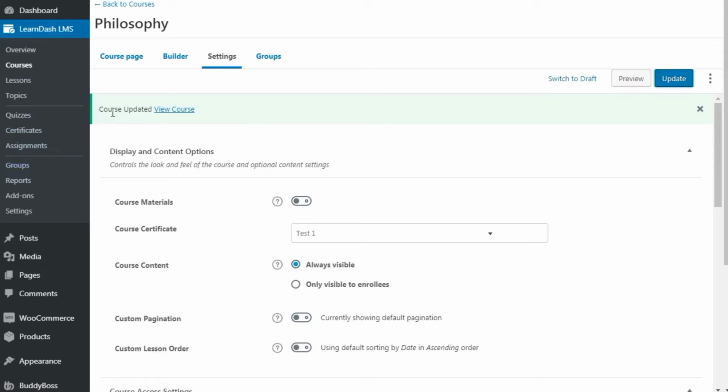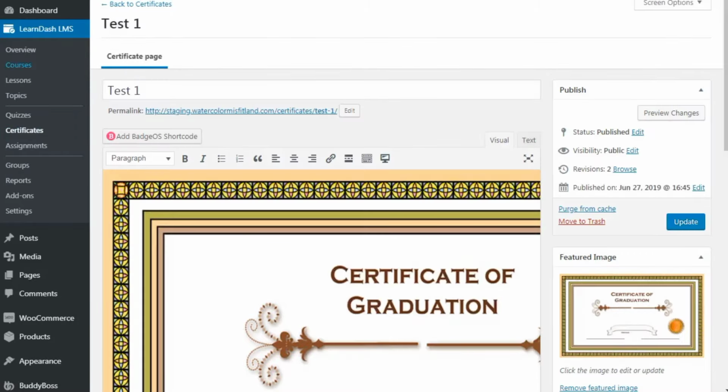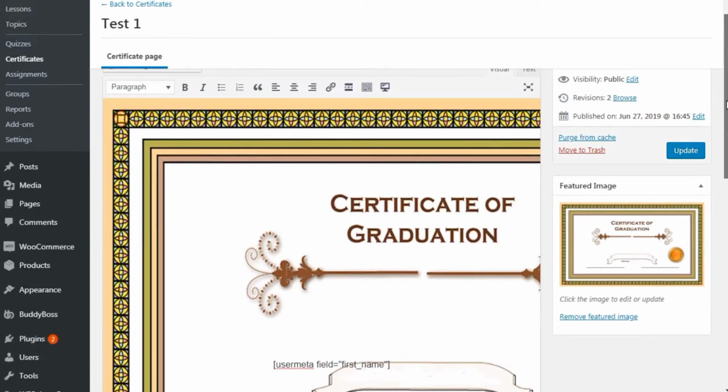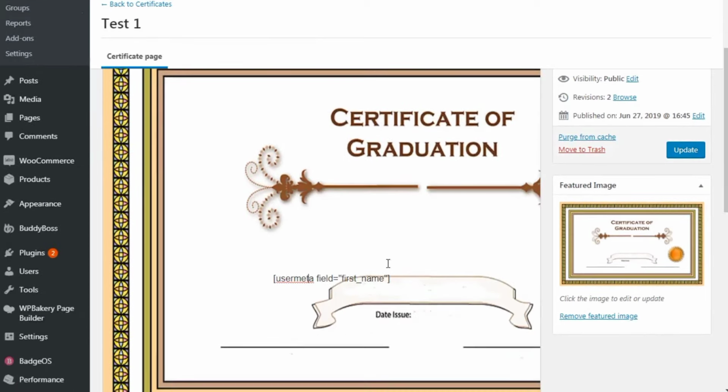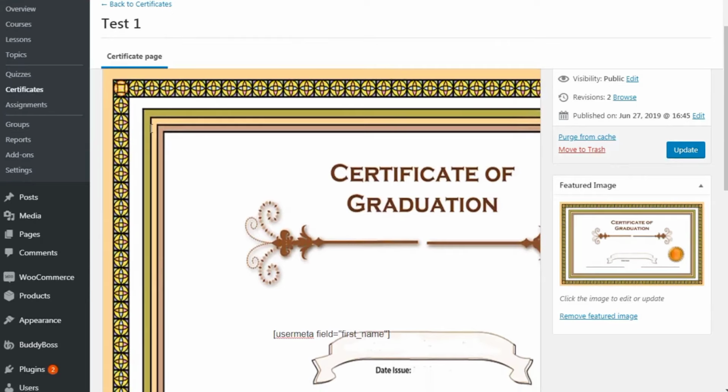certificate. So once you've done that, you can simply go back to the certificate section. You click on edit right here, and we get sent back here. Once you do that and you click on visual, the certificate will show up. Now, here's what you're going to need to do. The reason why you want to have an empty space here is because you are going to need to move your mouse eventually over here. Now, I can't do that. You kind of have to move it up here first. And then you can move things around like so.